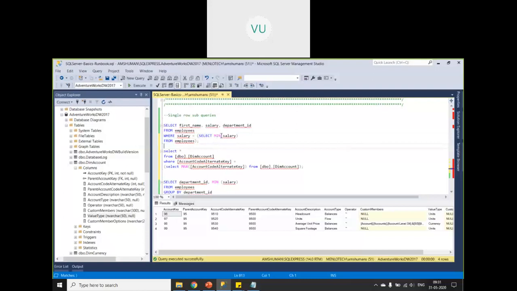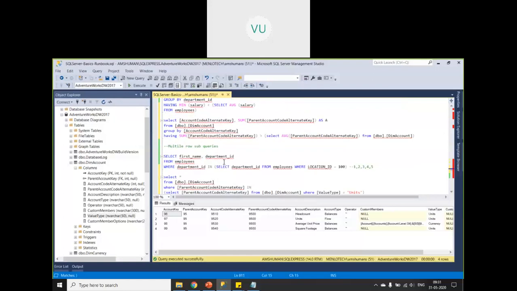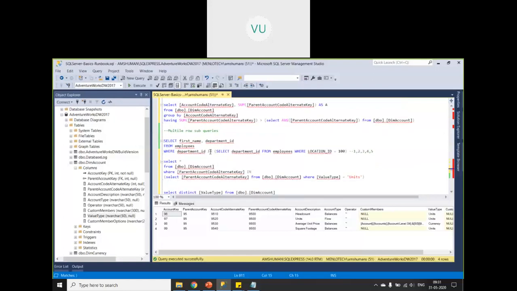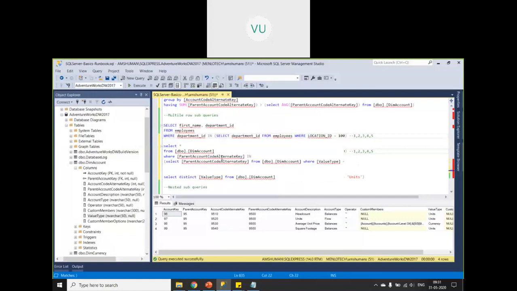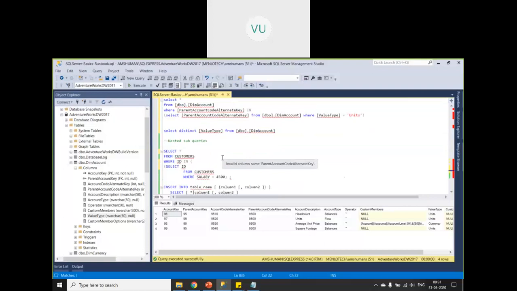So when I say minimum of some numerical column, it won't return multiple values, right? So that's where I'm using equal to. But when I'm not sure, the inner query may return one or more records, then I will use in. So hope it is clear.